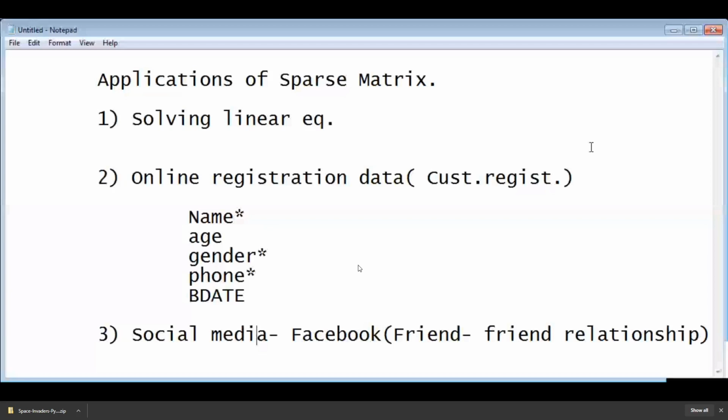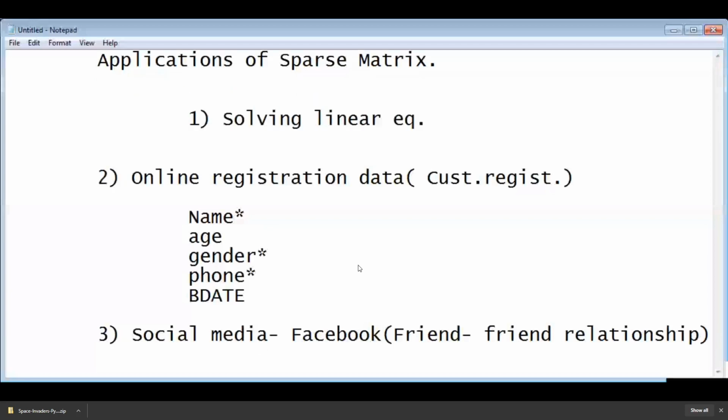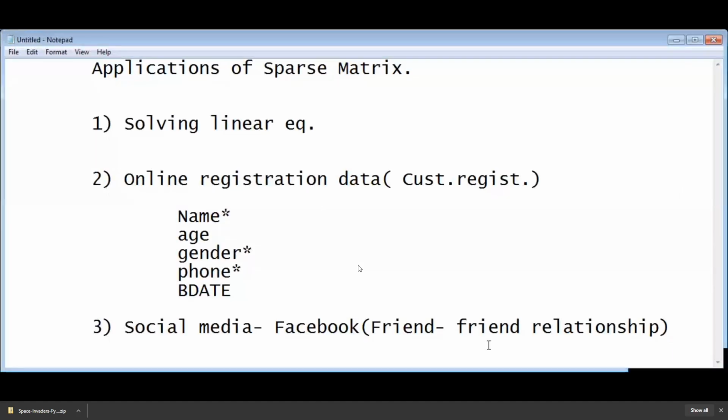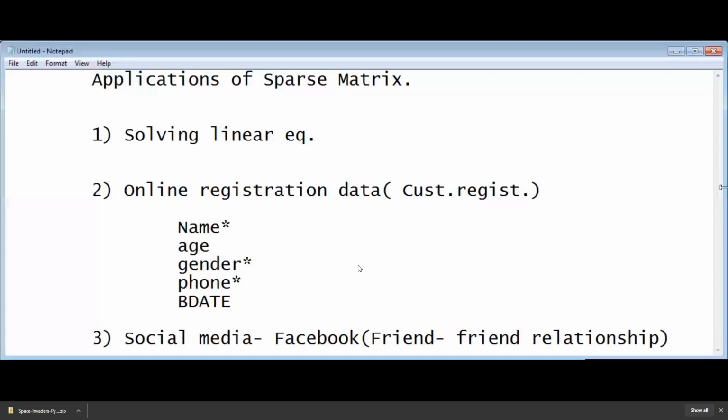Just record it as I shared the chapter 1 PPT. After completion of the first chapter, I am also going to share the chapter 2 PPT. But the things that are not mentioned, I'll clearly tell you: this is not mentioned in the PPT, so please record it. Applications of sparse matrix.